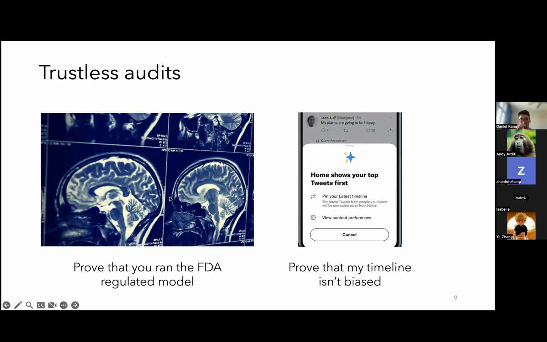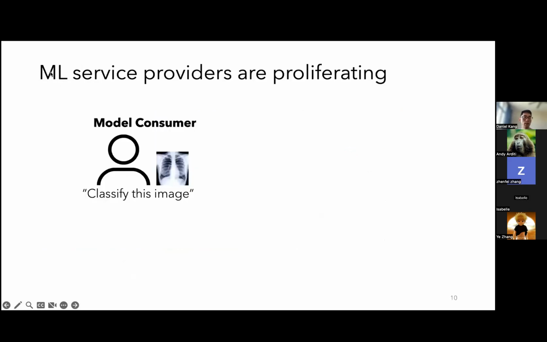But beyond this, there's this general concept of you have an ML service provider, and this could be Twitter, this could be an ML model provider, this could be OpenAI, and you have a model consumer. And so here I'm showing a specific example of classify the image, which falls under the first use case of the FDA-regulated model.